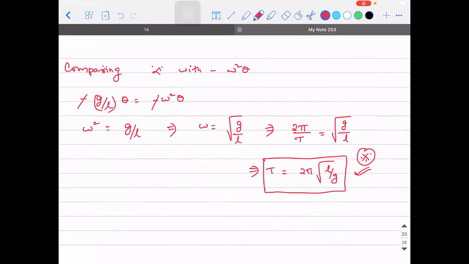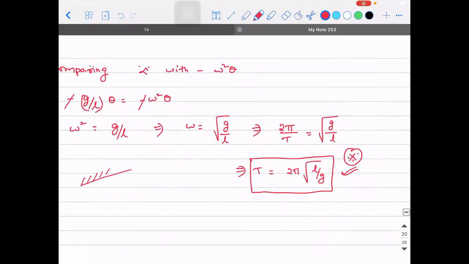Have you done this experiment? Any idea how you do it? In the lab, you'll have a stopwatch. They'll give you a simple pendulum of, let's say, two different lengths. If the length is changing, time period will definitely change. Let's say you pull it to this distance and leave it. Once you start the stopwatch, you calculate, let's say, 10 oscillations. You will calculate the total time for 10 oscillations, and if you divide it, let's say you're getting it as 2.32 seconds, something like that. If you divide it with 10, you will get it as 0.232 seconds for one oscillation. That is the time period of one oscillation.